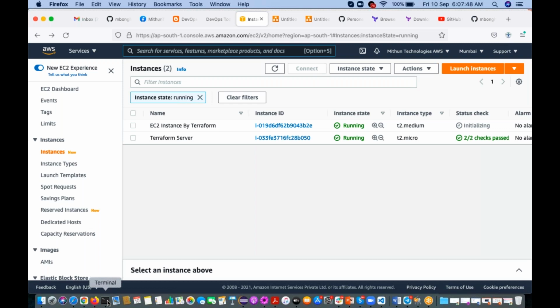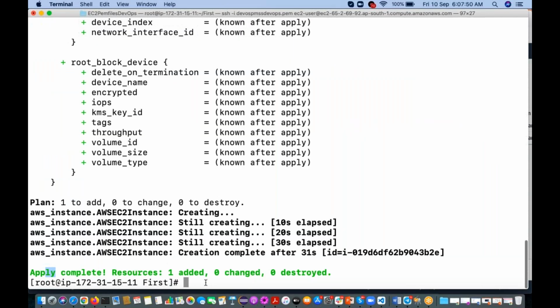So now I have one question. If I execute the same command one more time, terraform apply, is it going to create one more instance? No. So Ride is saying yes, other people are saying no. No, it is not going to.